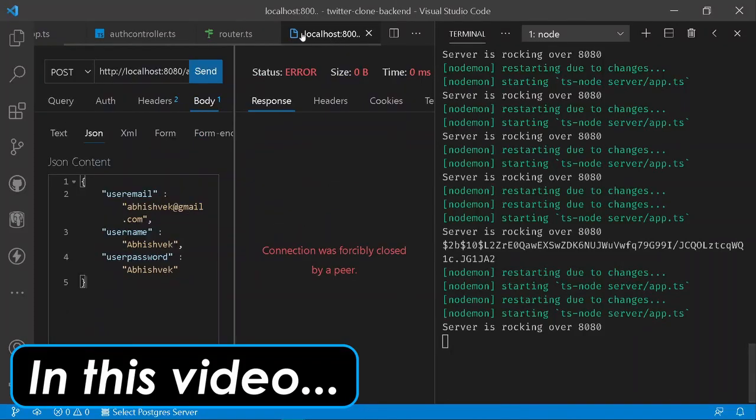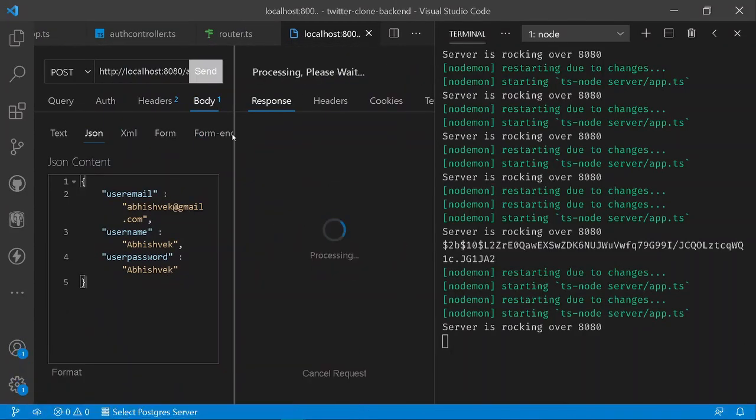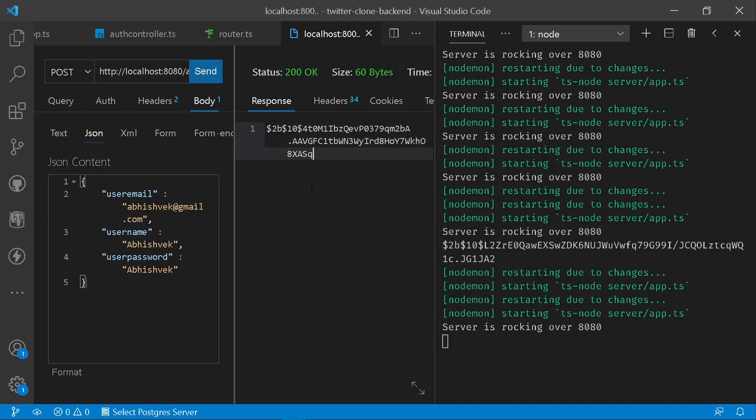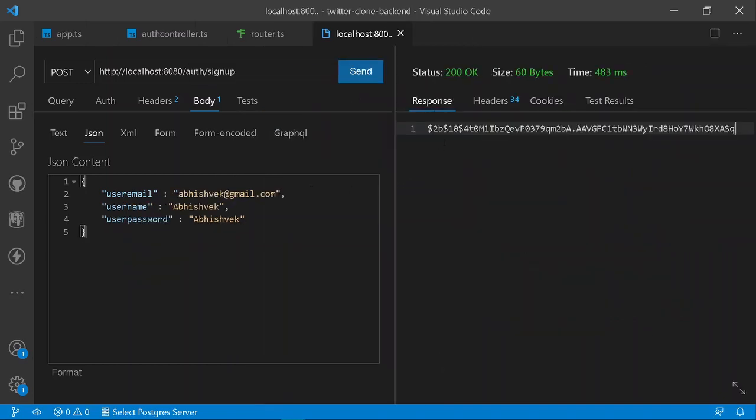Cool. So now if I go under my testing purpose and if I send a post request, you can see we will be getting the following message from our server of our hashed password that we have hashed our entire